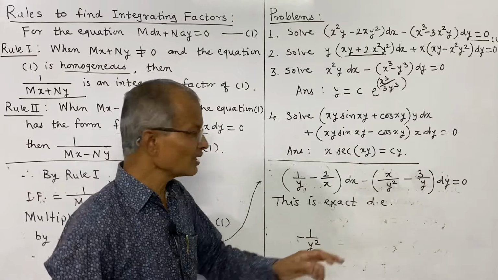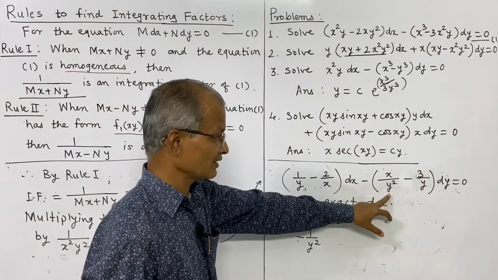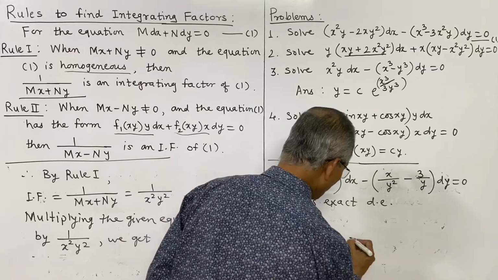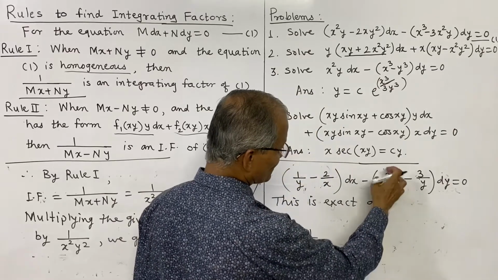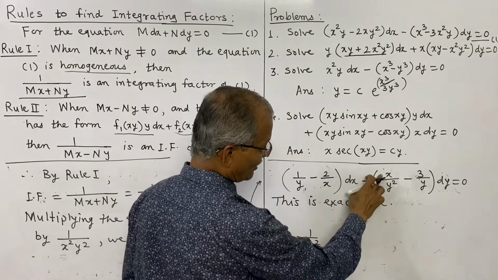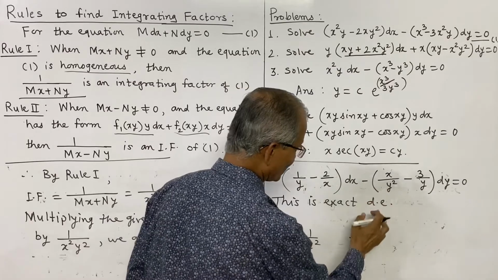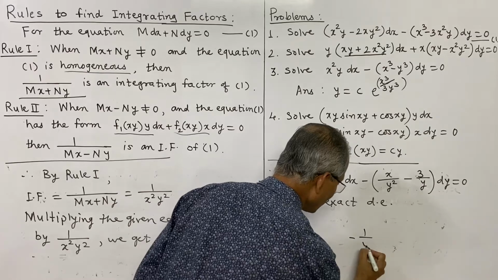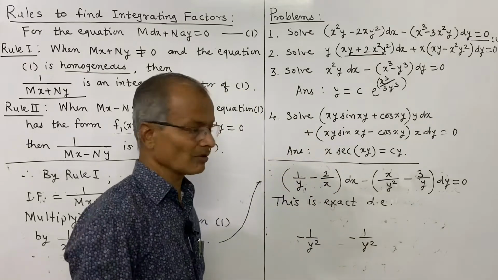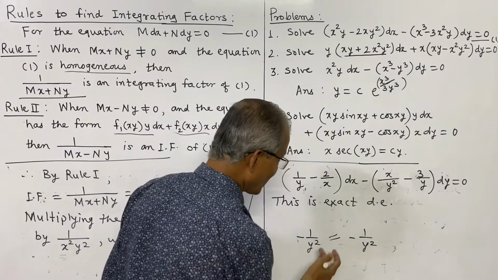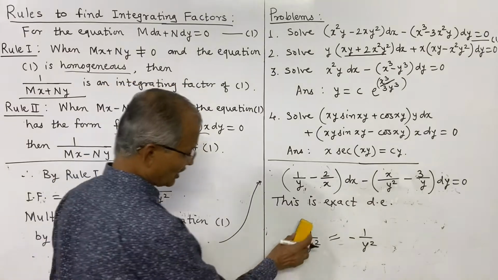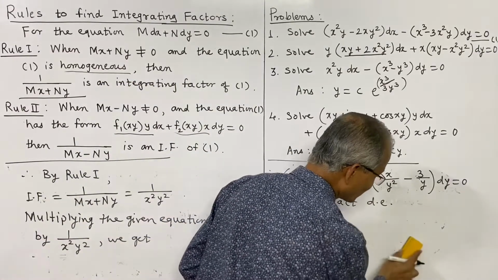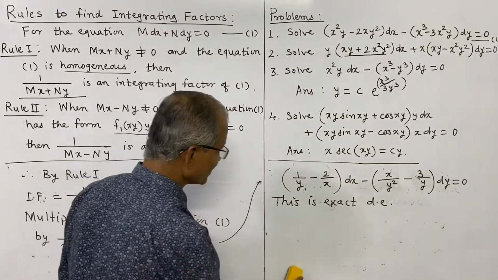And what is the partial derivative of the second with respect to x? Now you see this is negative, minus the partial derivative of this with respect to x, where y is constant. The derivative of x is 1, so it is negative 1 upon y square, which is equal, and therefore this is an exact differential equation. And once it becomes exact, we can use the working rule to write the solution. So its solution is